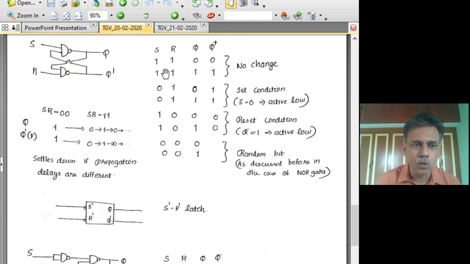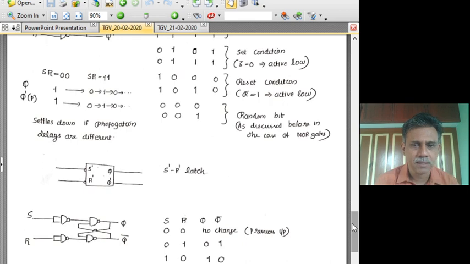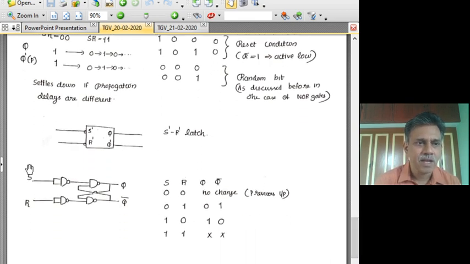So what we have to basically do is that these signals, you have additional inputs S and R, and this we will call S bar R bar. So they have to be flipped. When S and R are 0 0, S complement and R complement will be 1 1, and it will be a no change condition. So for this latch, where there is an extra NOT gate before this cross coupled NAND configuration, the working of this latch will be such that, as usual for the SR latch, a 0 0 is a no change condition,